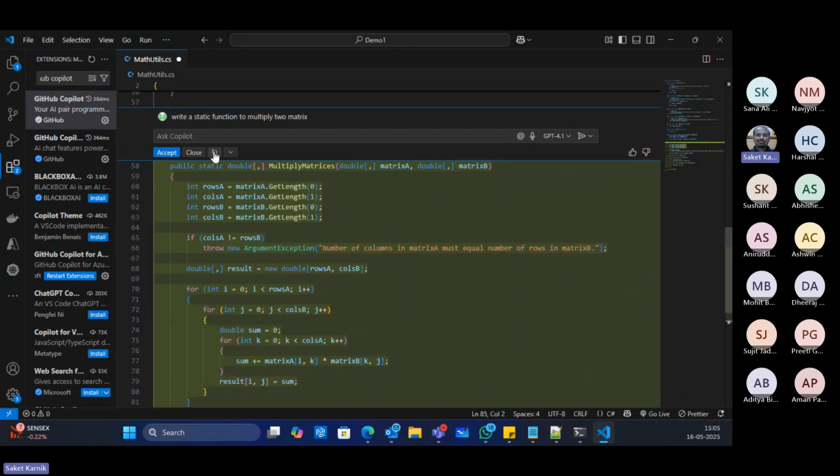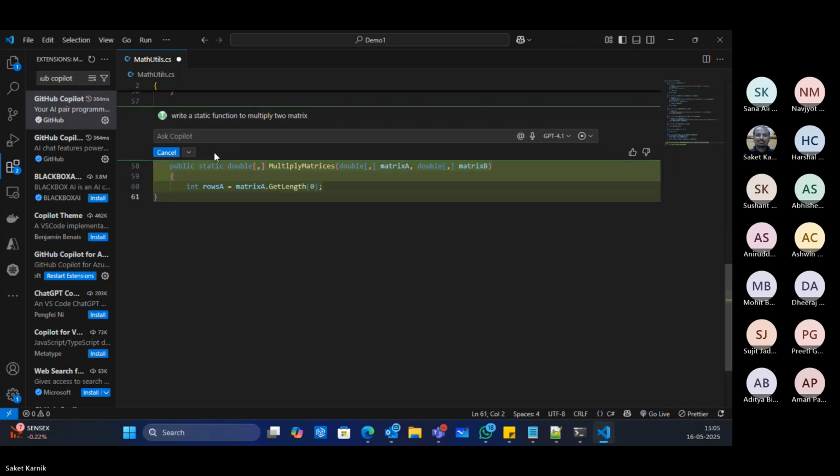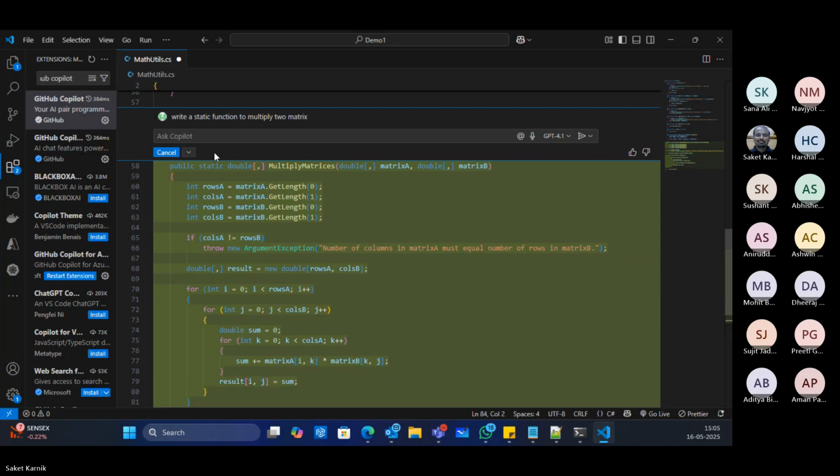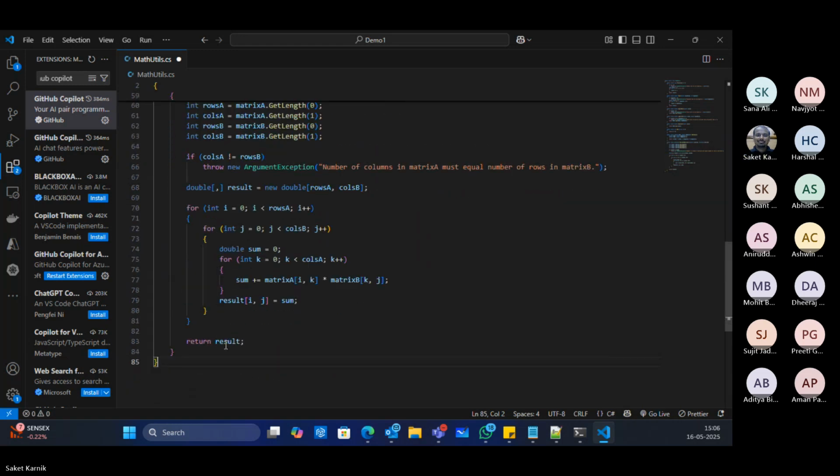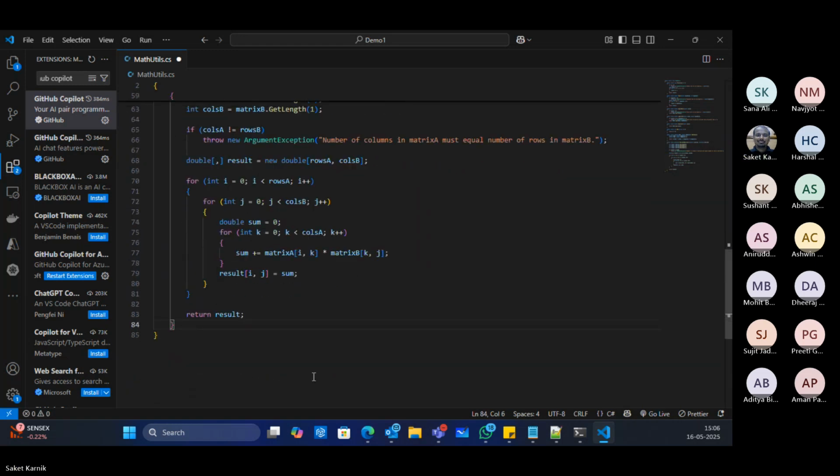I just need to say accept or close or rerun, maybe if I want some different algorithm. Or if I see something is incomplete, I can say rerun also. And let's say accept. So it does.